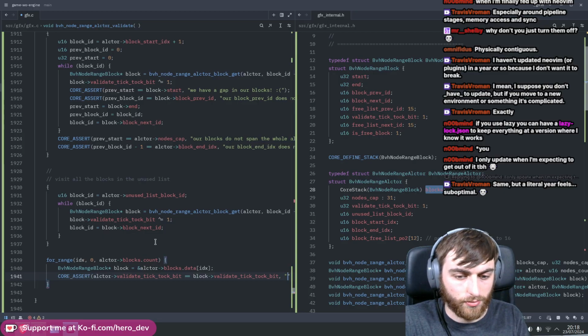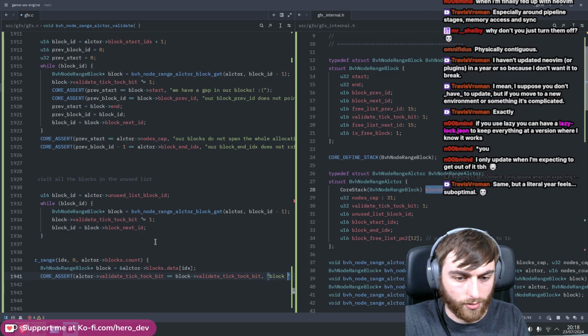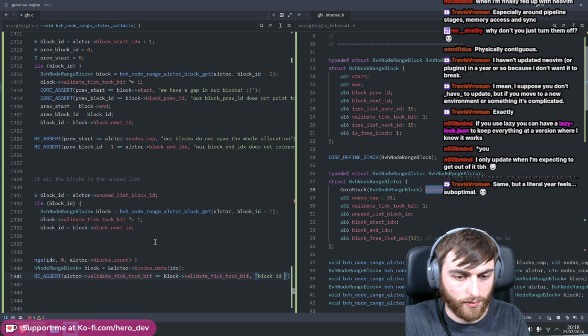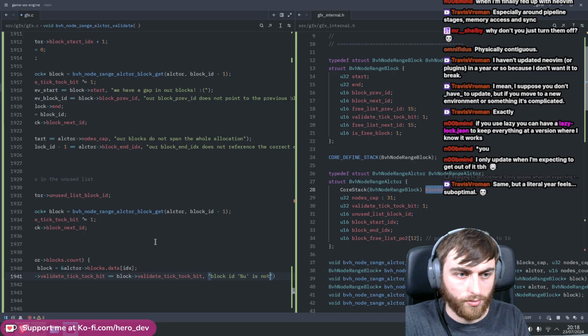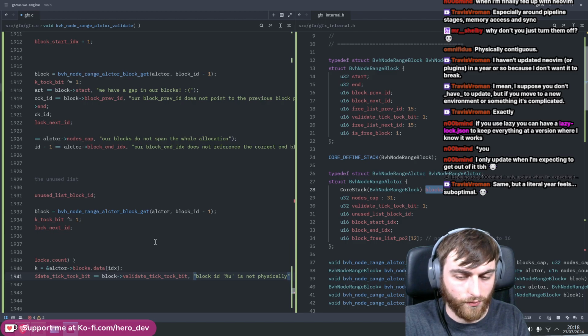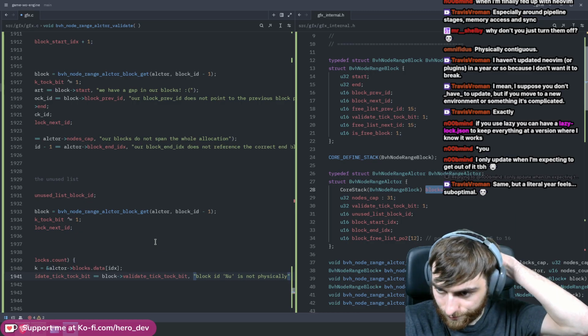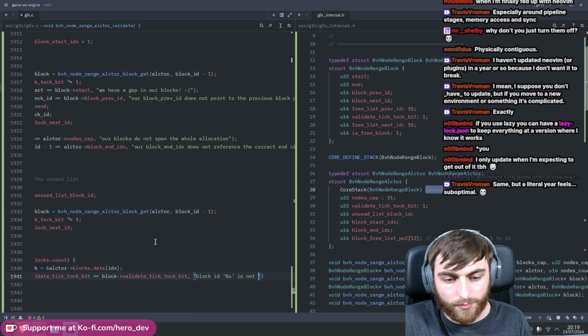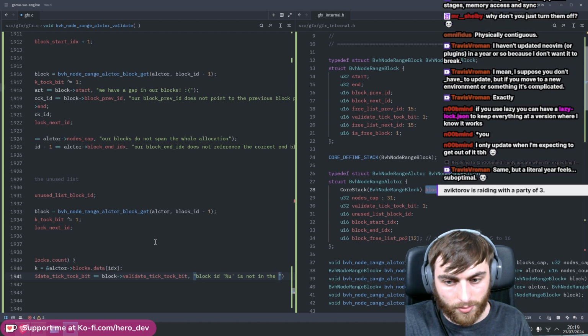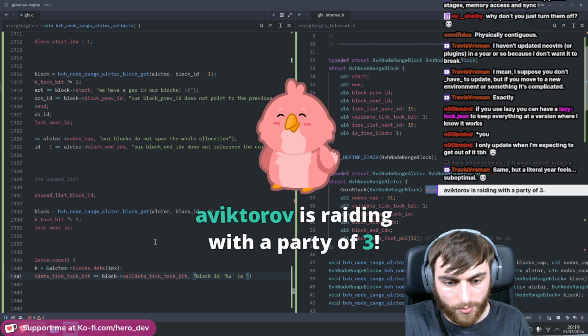And then here the assertion is going to say block ID this is not physically, it's not in the, is not being used